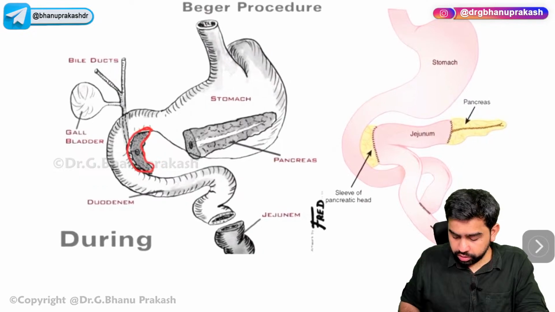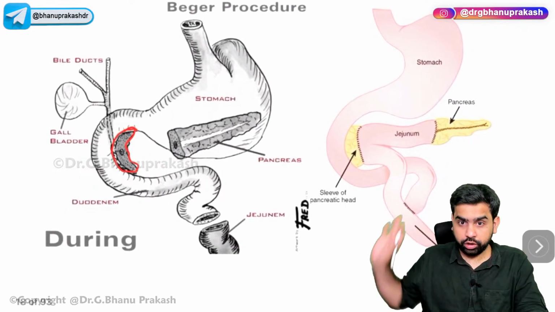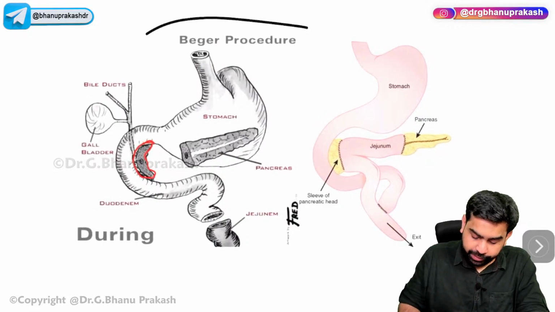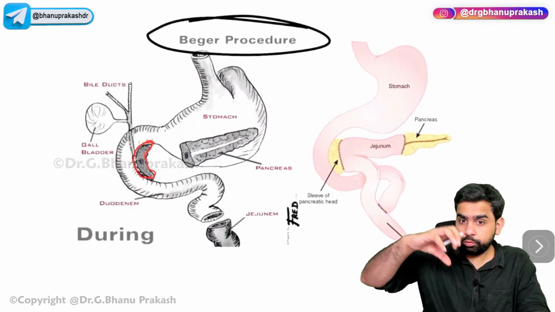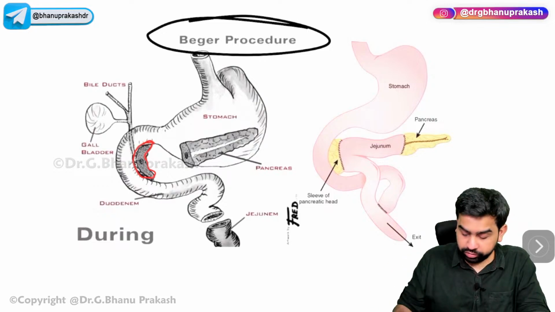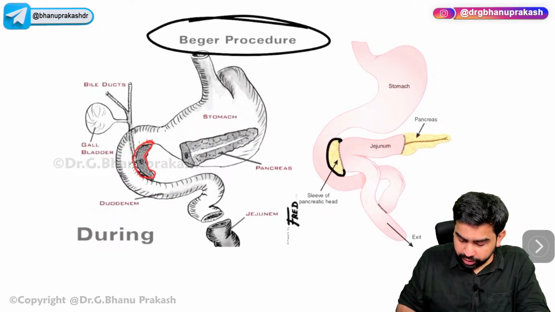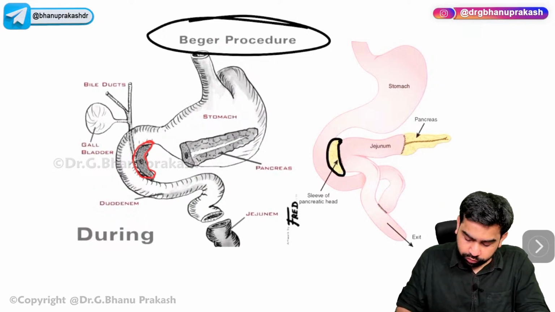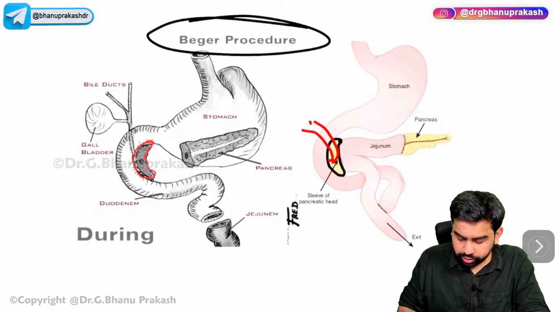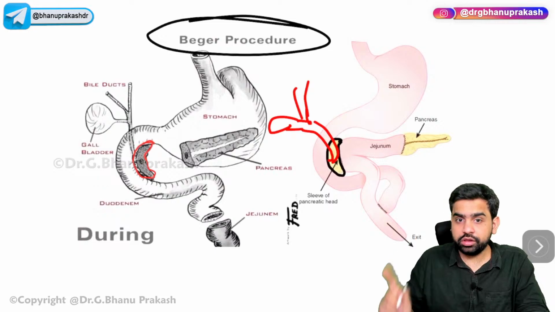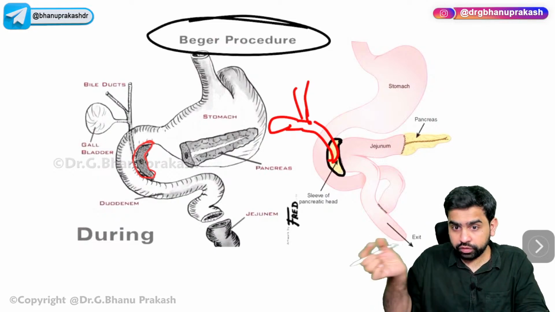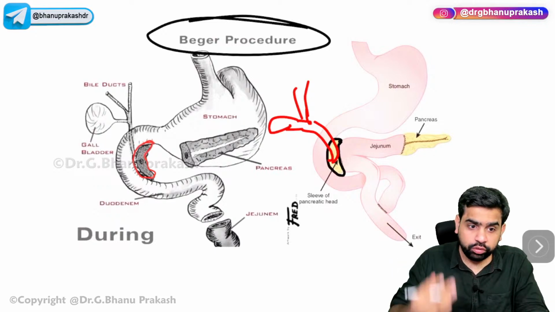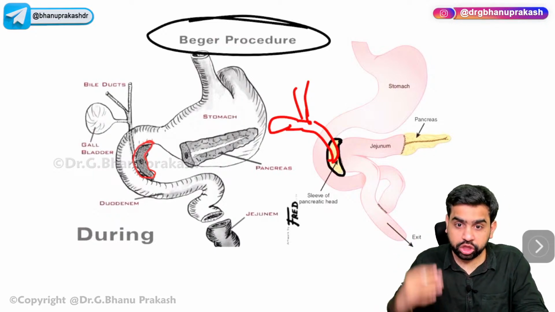So please try to understand. Now this is an image of a Beger's procedure. What you're doing over here is removing the head of the pancreas, but a small rim of the pancreatic tissue is still remaining over there. Why do you want to preserve it? Because over here you have the bile duct, and the bile duct is coming and opening over here. Here there is a gallbladder, a hepatic duct, all this stuff. So you want to preserve that, and that is why you leave this thin rim of the pancreas over here. So this is duodenum preserving pancreatic head resection, Beger's procedure, which is a type of